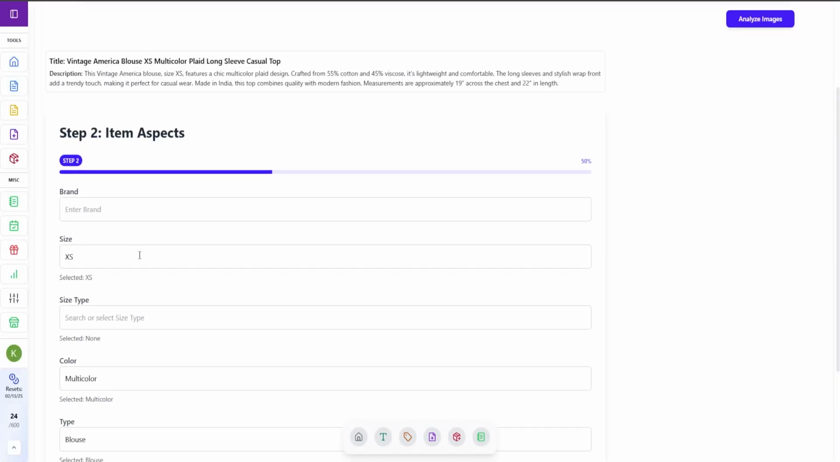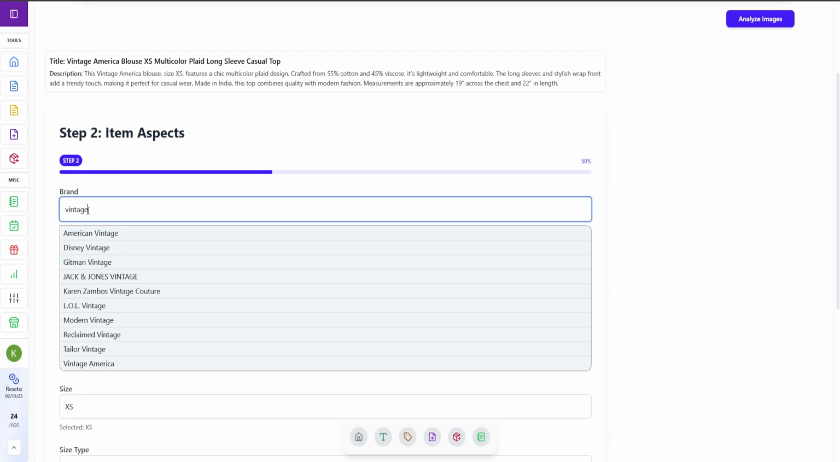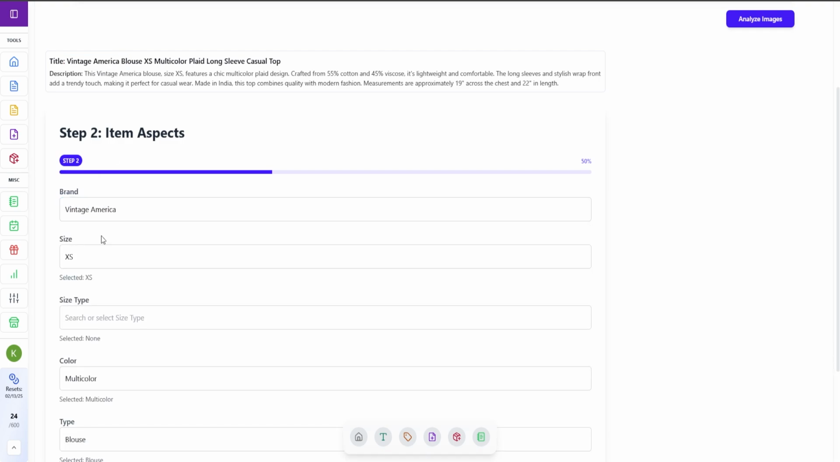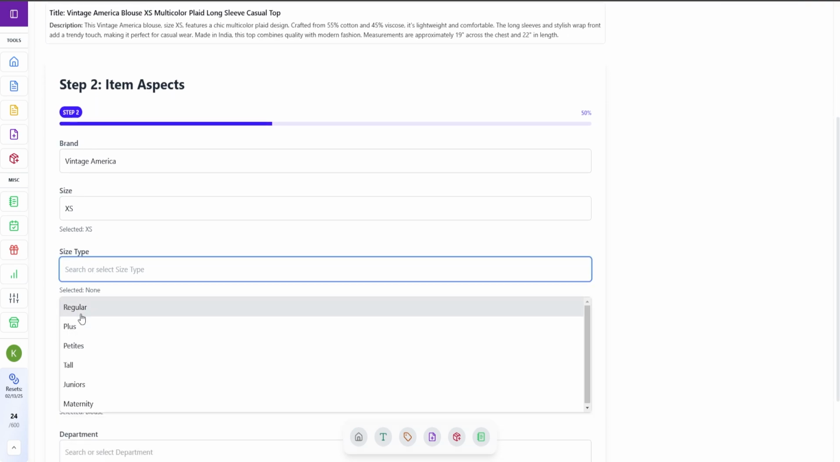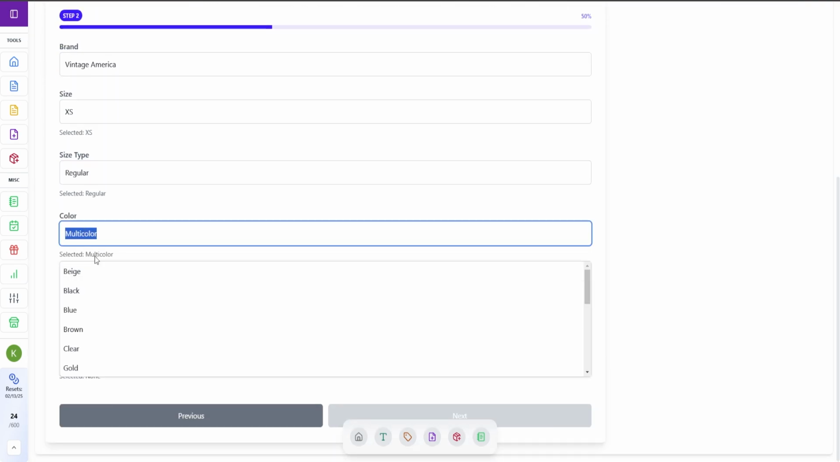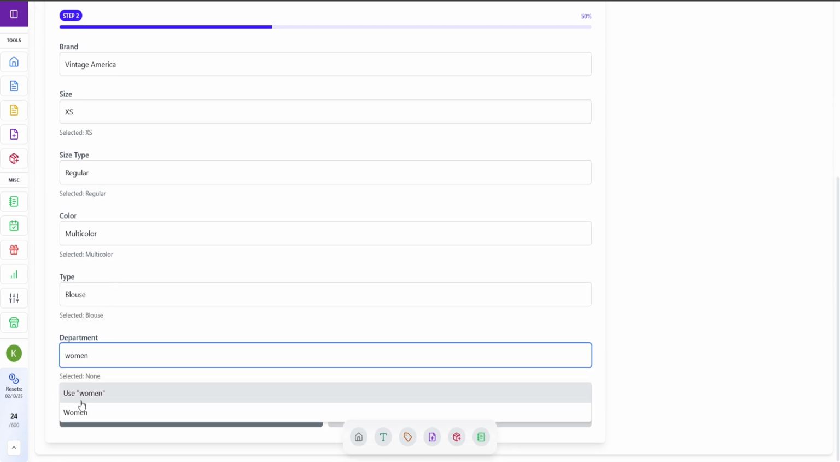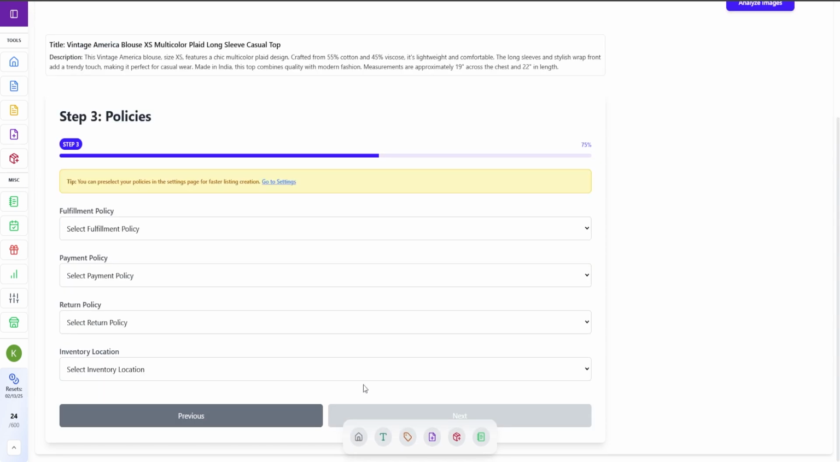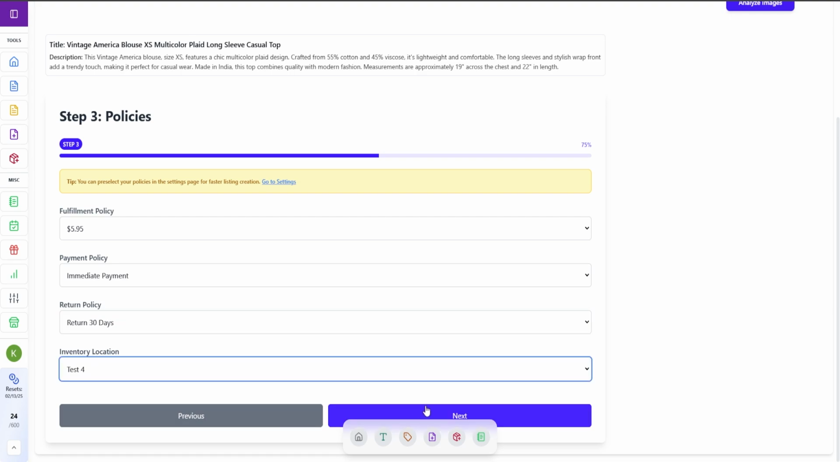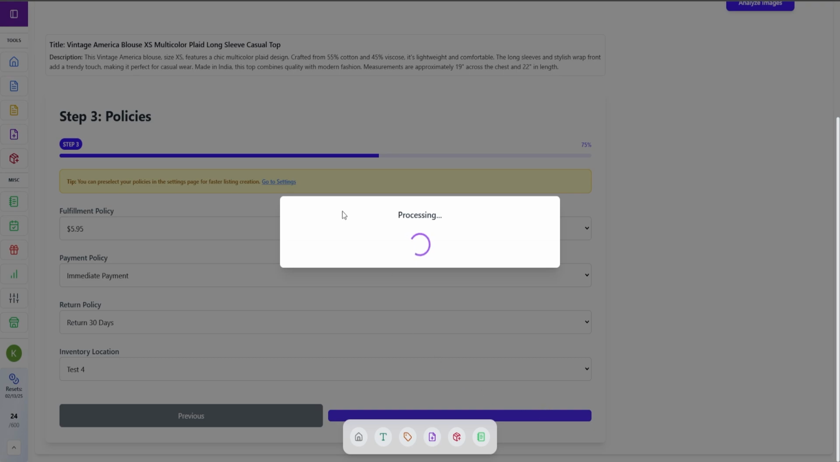Click next, we enter the brand, and up here we have the reference, so we could write vintage America. It is extra small to regular to multicolor, blouse, and woman. We just pick from the drop down. Next, and we could save this in our settings so we don't need to pre-fill it every time. Click next,